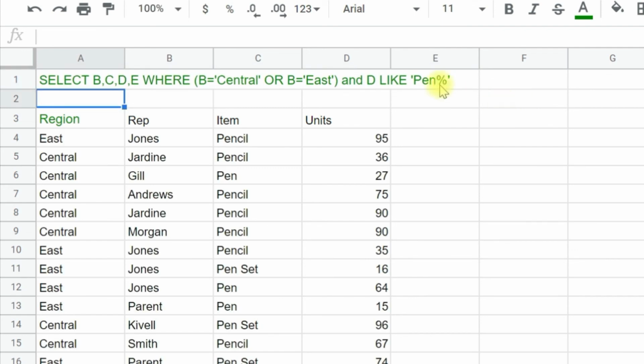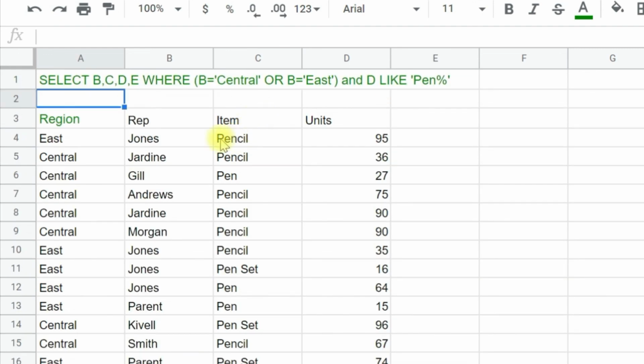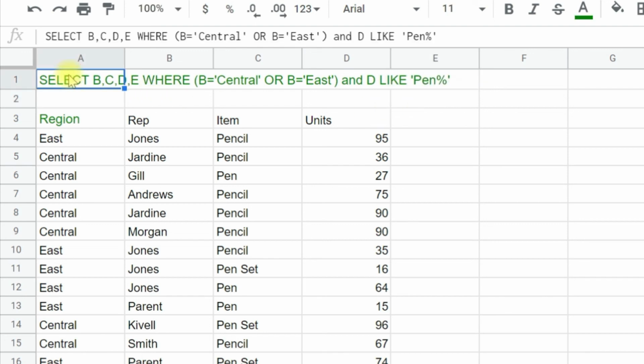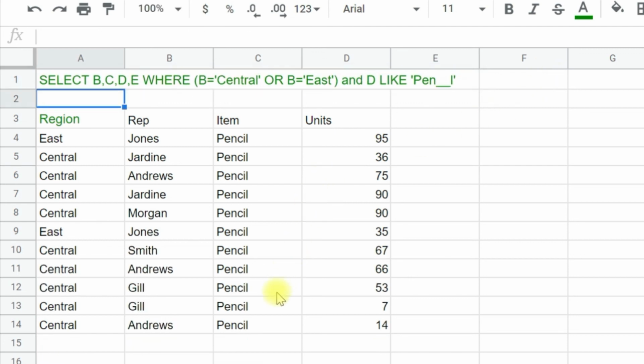Now you can see pencil, pen set, and all the data having pen is reflected. The percentage sign allows you to have data to the right of pen. If you put the percentage sign on the left, it will reflect the data on the left. Now let's put 2 dashes and check, then you will see L is reflected, only pencil has that L at the end. So this is the use of the like operator.